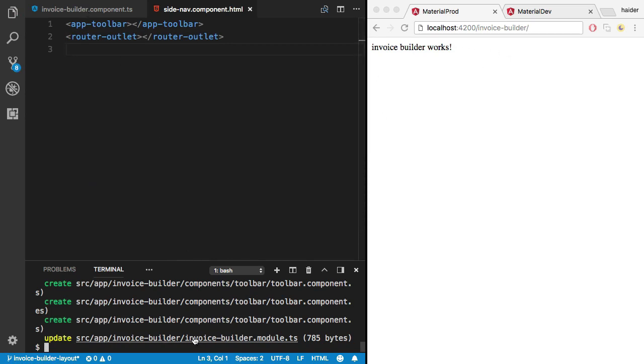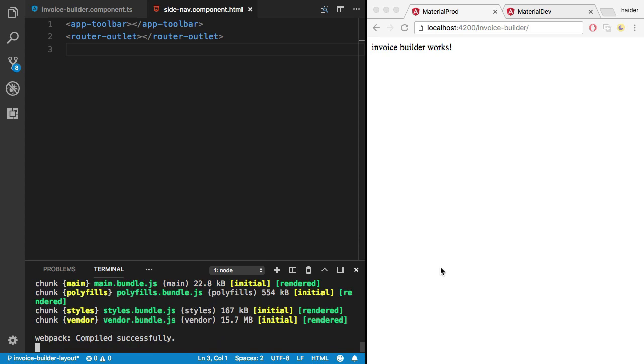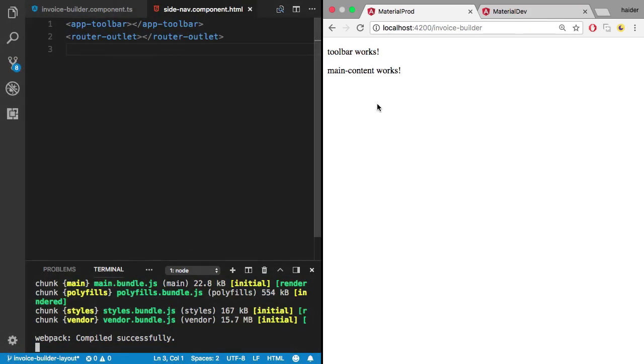Let's try to run this. ng serve. So everything good now. Let me refresh the browser. Cool. Here we have toolbar. It has rendered the toolbar, and here we have main content component. Let me refresh that. If you inspect the element,